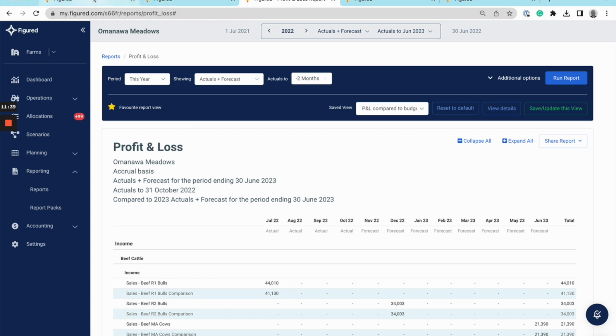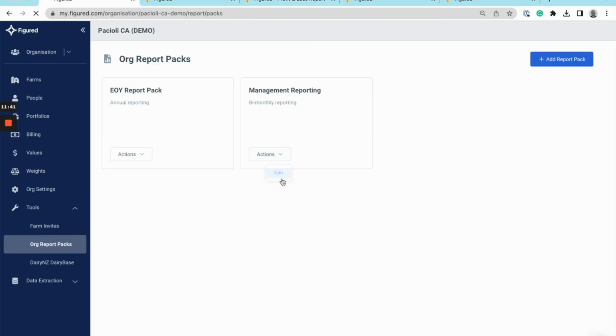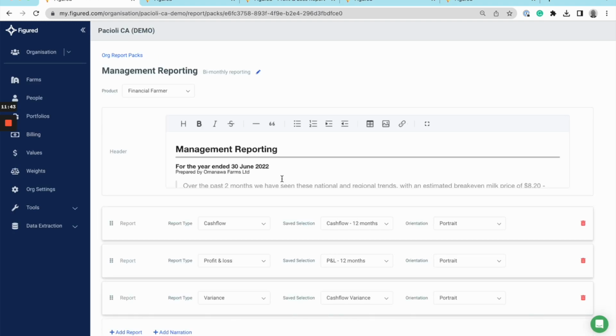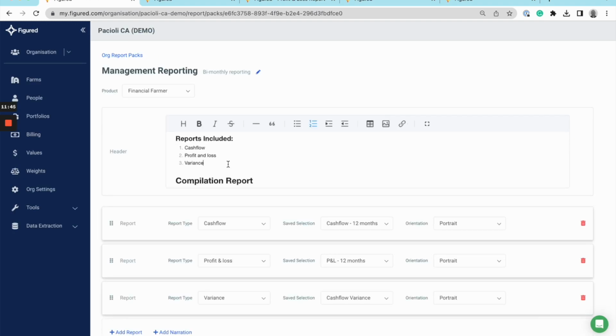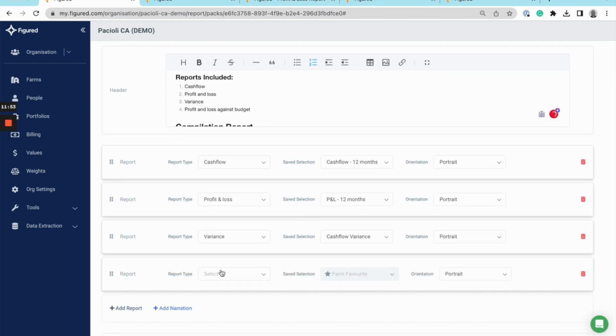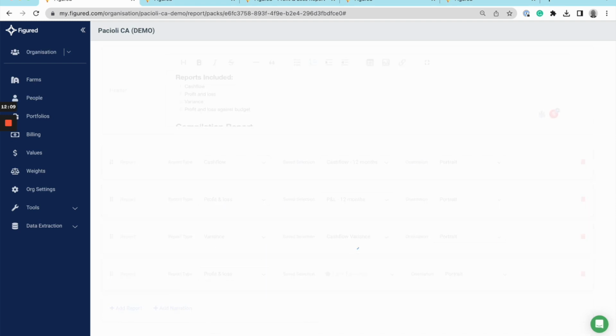So if I jump back to my organization and I want to edit this report, and let's say maybe I'm adding that extra report, so I can say against the budget, I can add another report. I can select that profit and loss, and instead of selecting any of those save views that were coming through, I'll just leave it on that farm favorites. So that's going to pull through any farm favorites that are set up for my profit and loss report. So if I now click save,